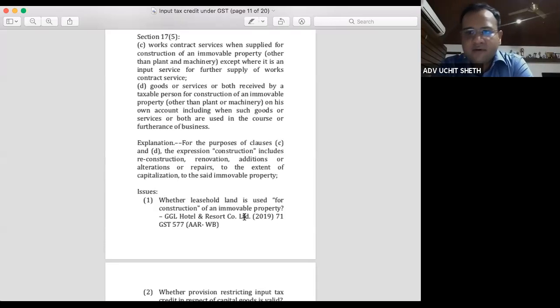Suppose I have already set up my company. I have engaged certain consultants, certain auditors, certain lawyers, etc. And I am paying GST on those services. Again, according to me, these are not services used for construction of an immovable property. Merely because at that point of time the construction is going on, that cannot be said to be a service for construction. If I have, suppose, engaged a technical engineer for getting some certificates, then it is a service which is directly for construction of immovable property, for which I will not be entitled to input tax credit. But according to me, it cannot be given a wider meaning.